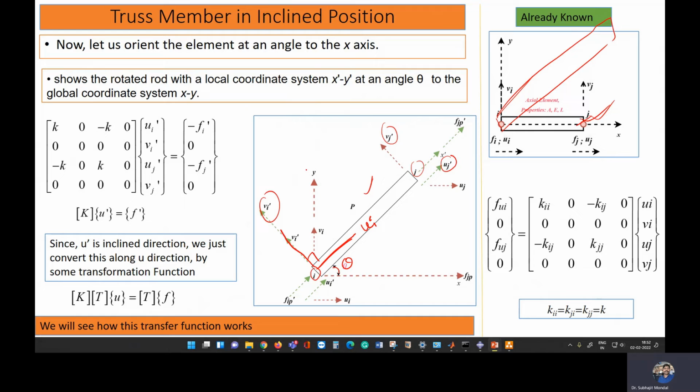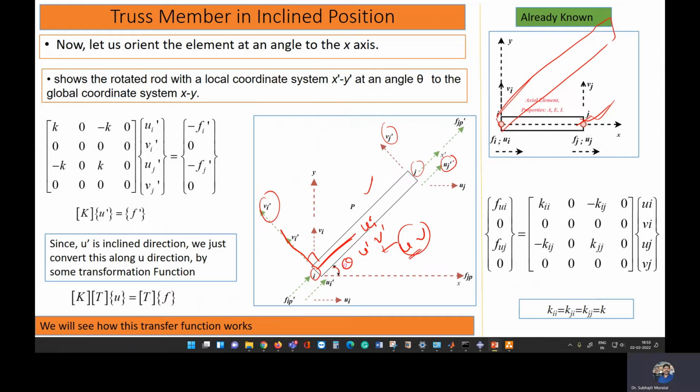Okay, so our axial direction is changed from ui, vi to u', v'. You can say our axial direction now changes from u, v to u', v'. Okay, now